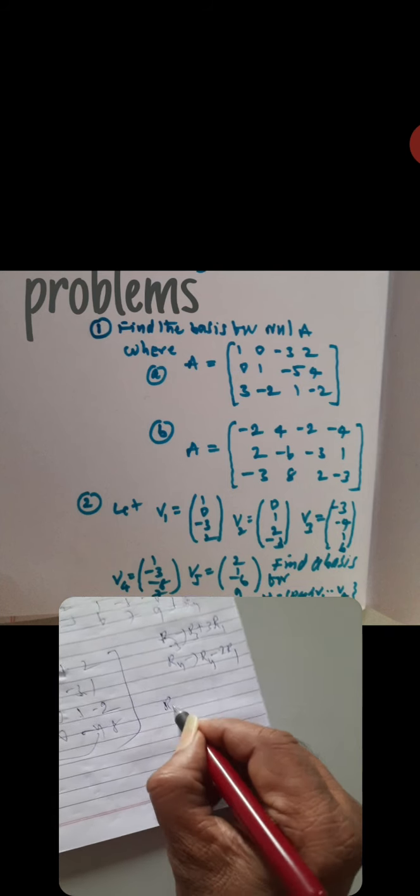Now see, how to prove this. See, if possible, suppose that you write two ways of linear combination of x. Suppose one time we get C1 B1 plus C2 B2 plus and so on plus Cn Bn, and another time D1 B1 plus D2 B2 plus and so on plus Dn Bn. Suppose that, if possible, the two also differ.